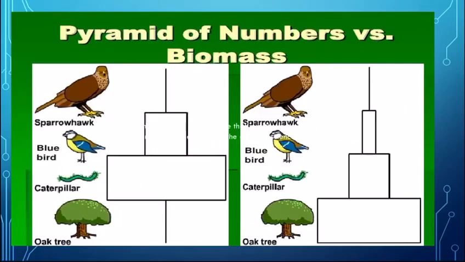Comparatively, the first one is the pyramid of numbers, which can change in shape according to the numbers, while the other one is of biomass, which is always like this, depending on the mass. So this is the end of